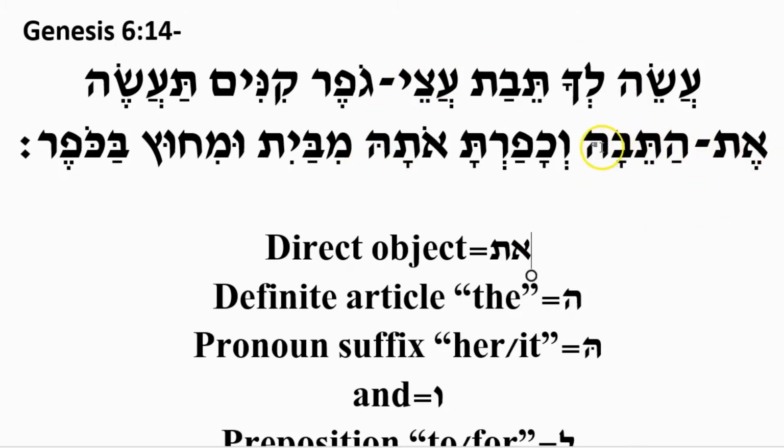So teva, if we look over here, we'll see if it ends in a hey. And that indicates that it's going to be a feminine word. 9 times out of 10, if it ends in a hey, it's going to be a feminine word. So ota refers to it. We have et hateva, and instead of writing et hateva again, the author writes ota, and it's referring back to the teva, it, and it's a matched gender agreement. The hey makes it feminine, and then therefore we use the pronoun suffix hey with a dagesh.